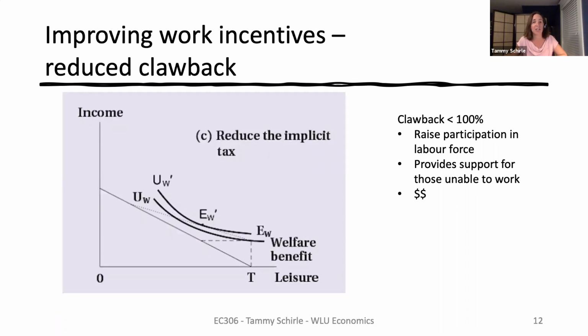Another option is to change the clawback rate, or the implicit tax rate, as it is sometimes called. Rather than creating a welfare wall, whereby a person loses $1 of benefits when they earn $1, you can reduce that clawback rate to something less than 100%. This can make additional work much more attractive, raising the price of leisure for that part of the potential income constraint when compared to standard welfare walls. We'll discuss this more in the next section, but this has been a successful approach taken by many welfare programs.